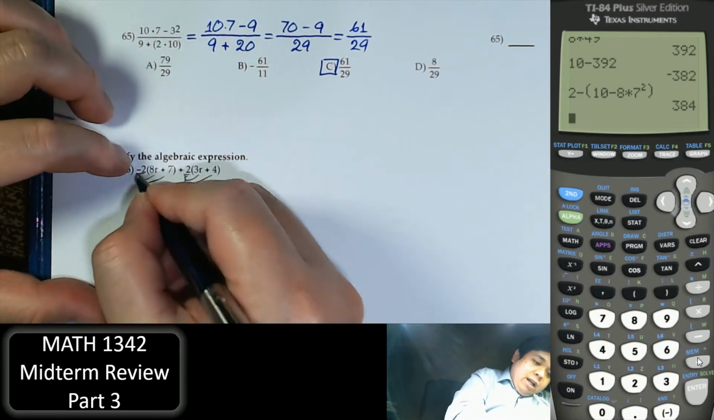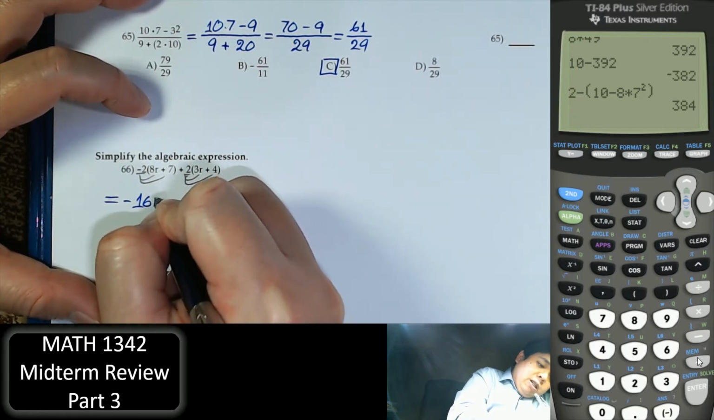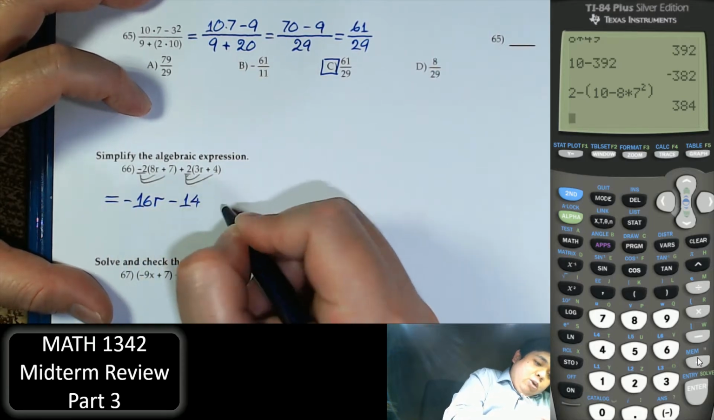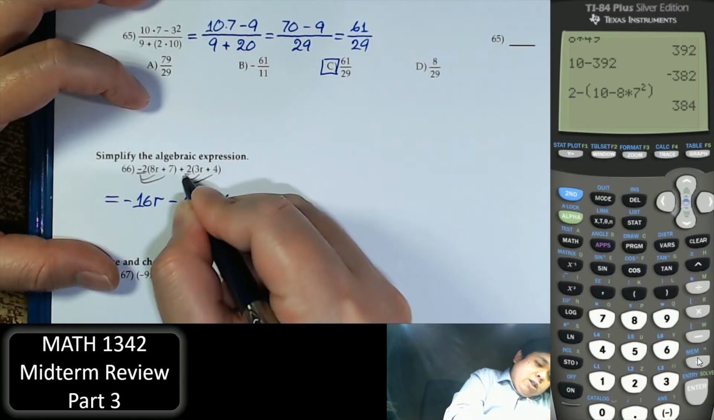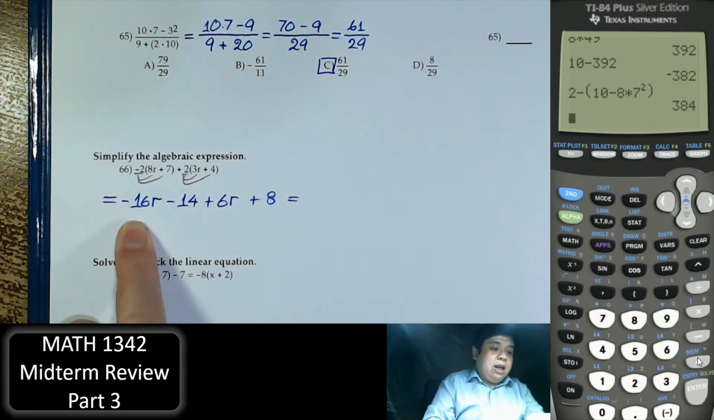Negative 2 times 8R, that's negative 16R. Negative 2 times 7, negative 14. 2 times 3R, 6R. 2 times 4, 8. Combine like terms, negative 16